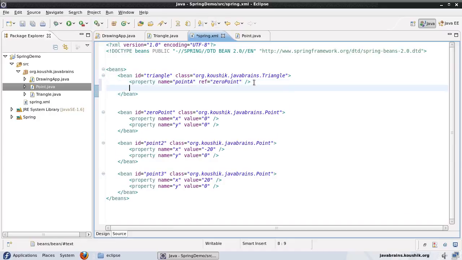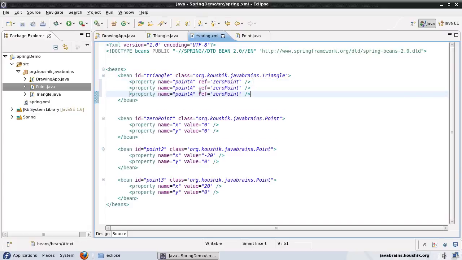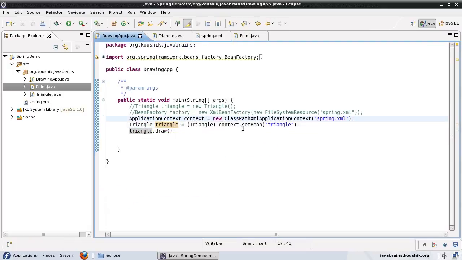Okay, now I will do the same thing for the other 2 points as well. So I will have point B, which refers to this point object. I'll have point C, which refers to the third point object, and save. Okay, so now what's going to happen is the Spring framework is going to first encounter the statement